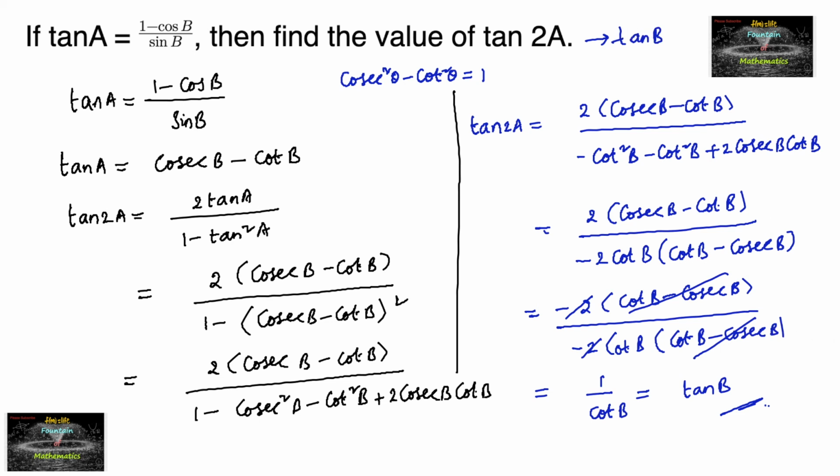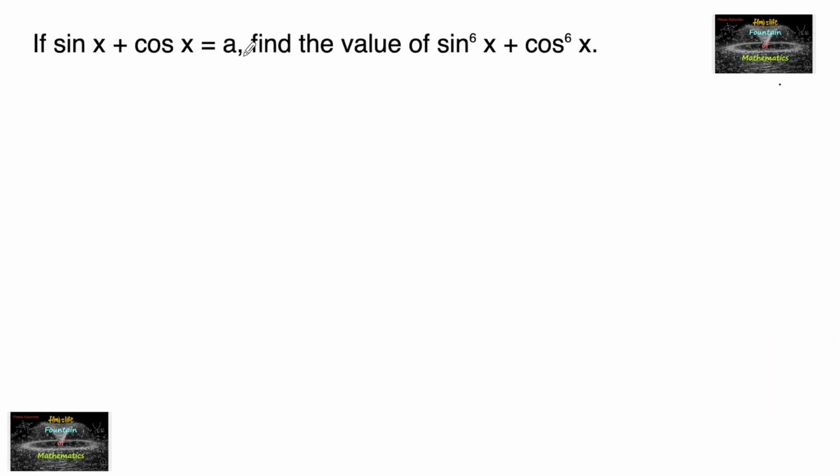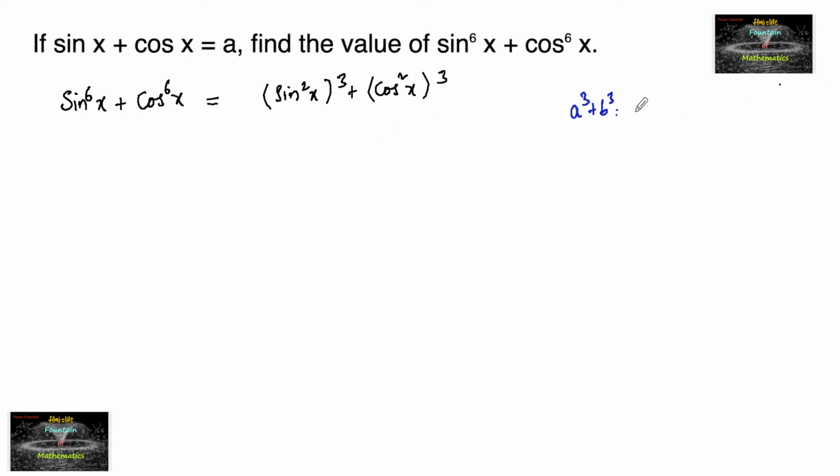Okay, thank you. If sin x plus cos x is equal to A, then sin power 6x plus cos power 6x is equal to how much? Sin power 6 plus cos power 6, we can write it as (sin square x) whole cube plus (cos square x) whole cube. And since we know a cube plus b cube is equal to (a plus b) into (a square plus b square minus ab), we can write this as